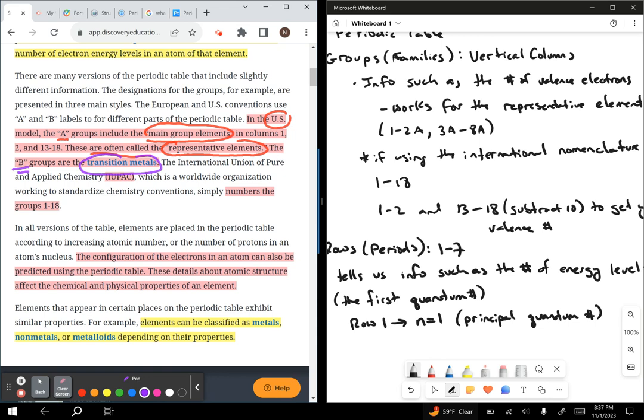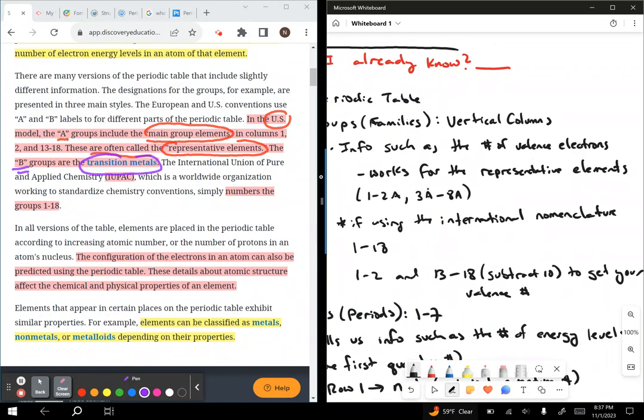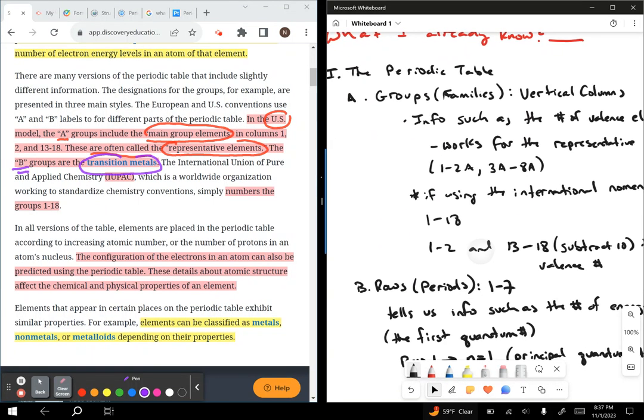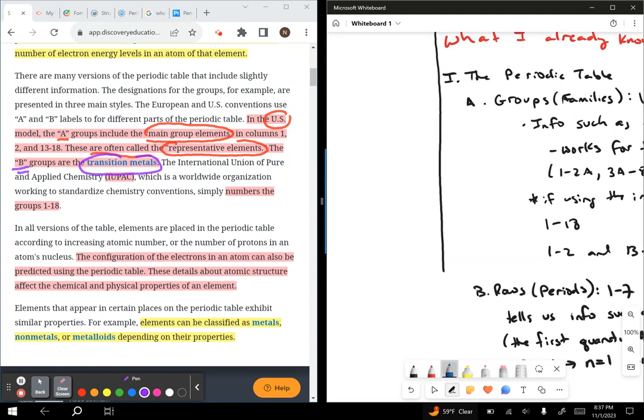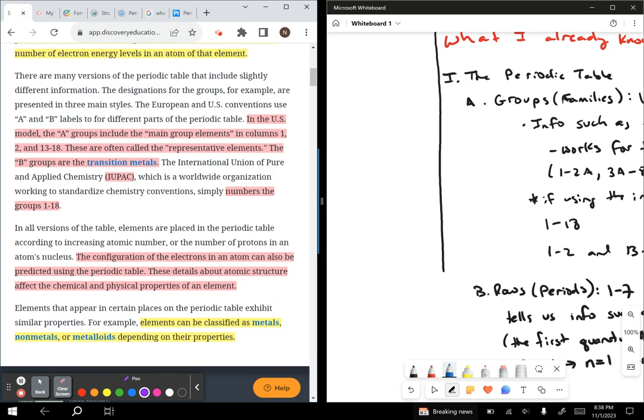How do we want to say this? Let's go back up to the top here. It says that you had info such as the number of valence electrons works for the representative elements 1A, 2A, 3A through 8A. Okay. Let's make a side note over here. If you take a look at this group here, numbers 3 through 12, we're talking about these guys, right? Then we call these your, what did your text say? We call these your B group or your transition metals, all right? So your B group